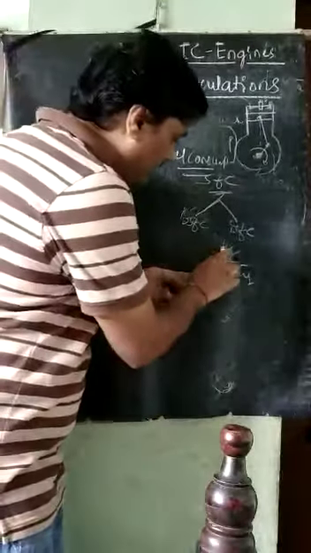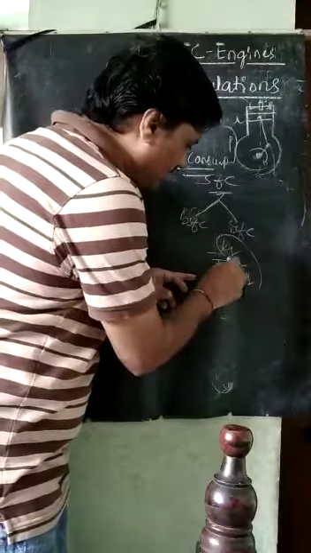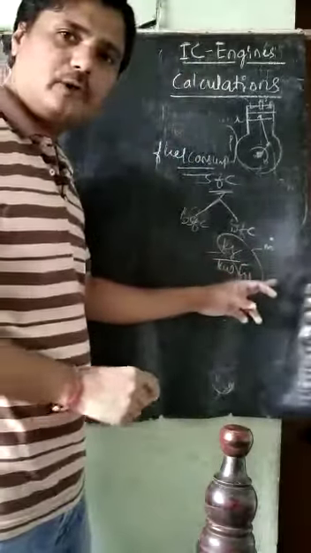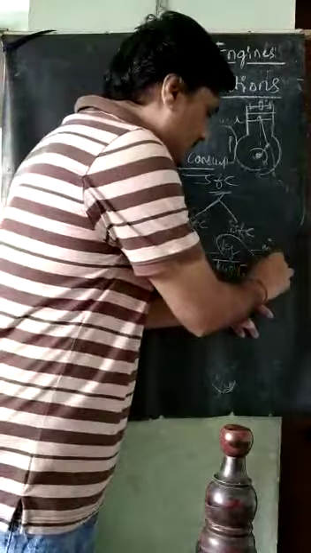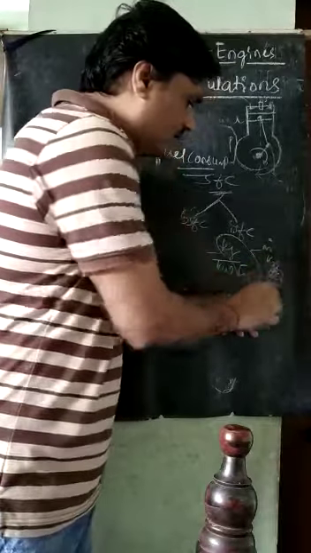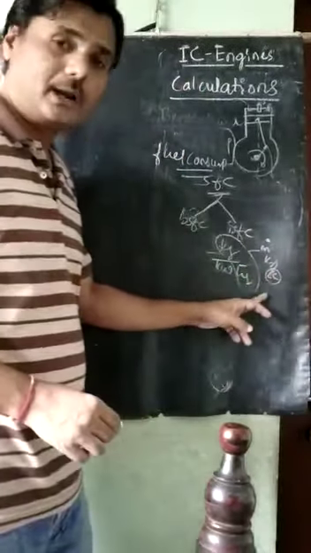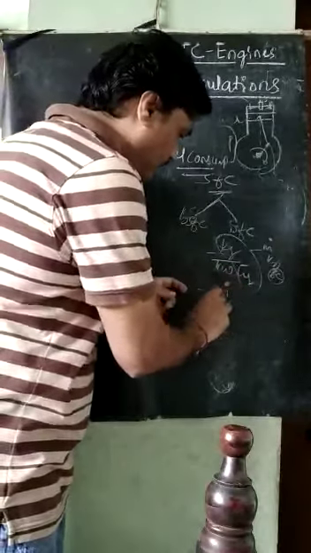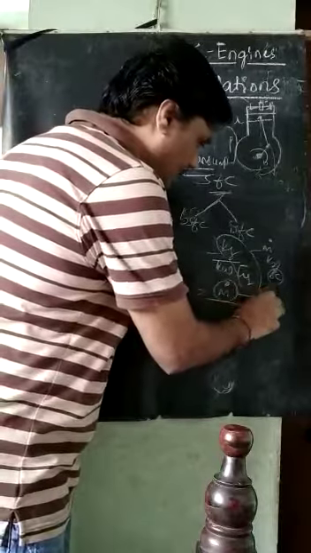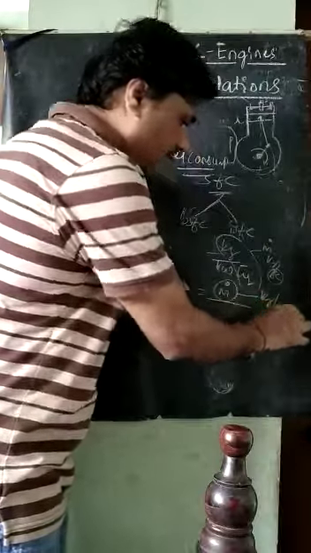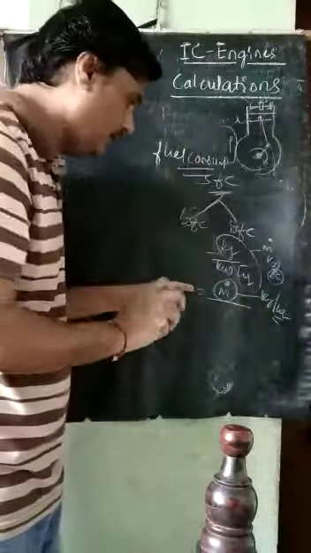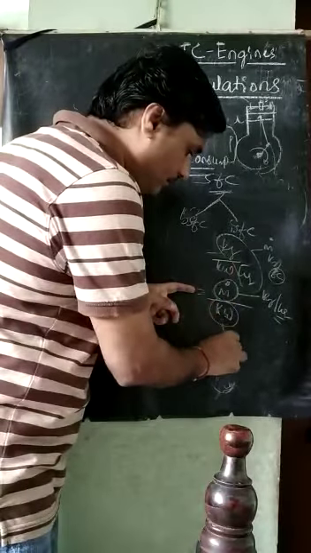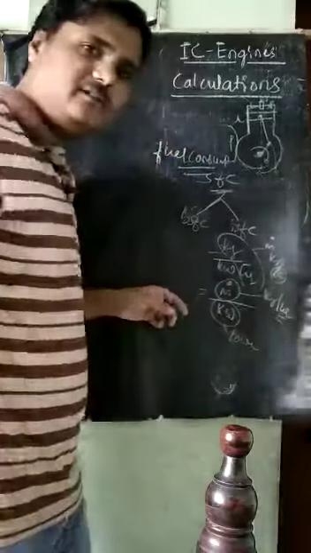What is this kg per hour? It is nothing but the mass flow rate. Mass flow rate is in what? It is in kg per second. You convert this kg per second to kg per hour, then it becomes the mass flow rate. So it is the mass flow rate in kg per hour, very important. It is not kg per second, it is kg per hour, divided by kilowatt. Kilowatt is a power.